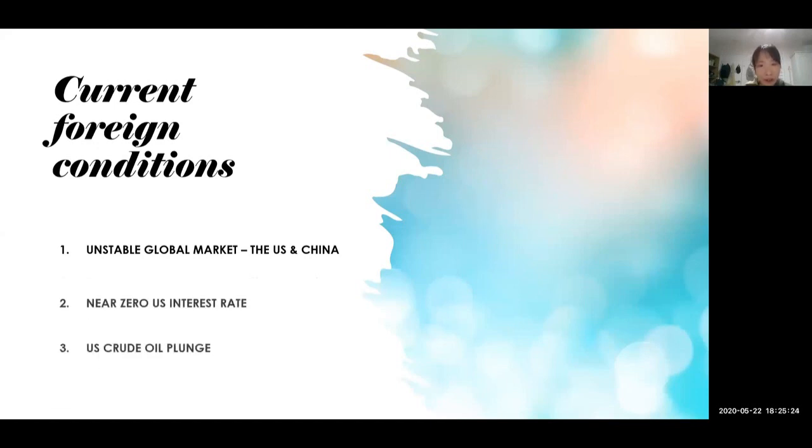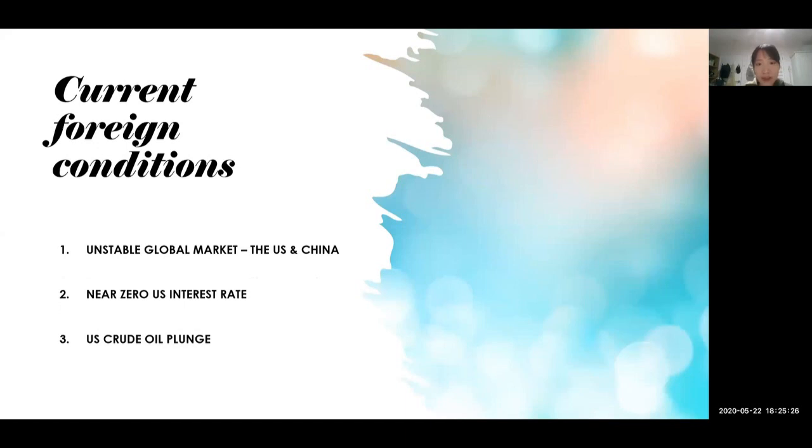Secondly, the fall in crude oil and the recent US interest rate cut shift investors to purchase Japanese yen as a safe haven investment. Hence, the currency appreciates, further depressing exports.